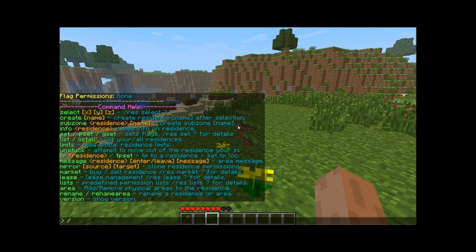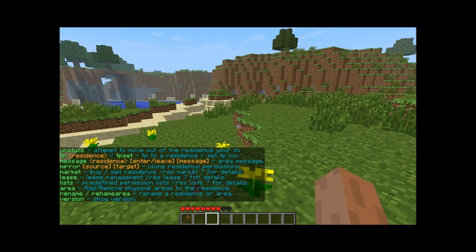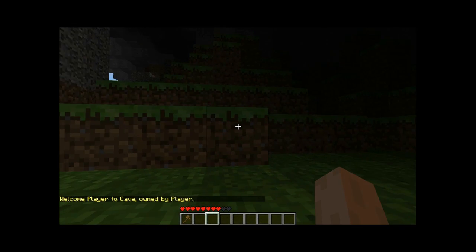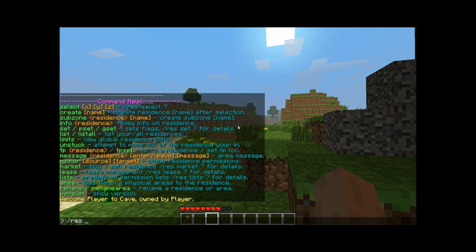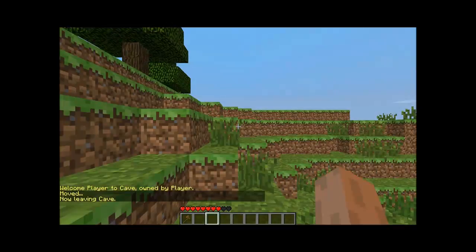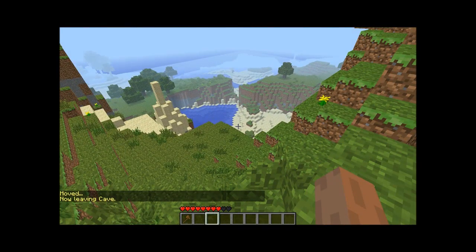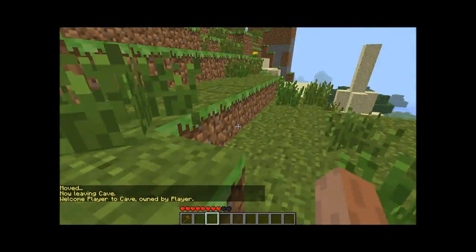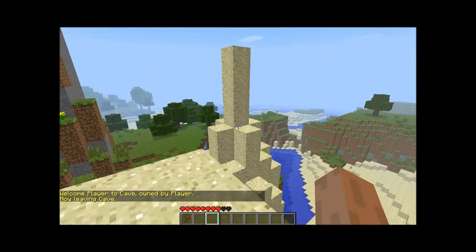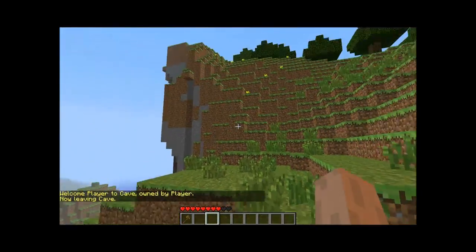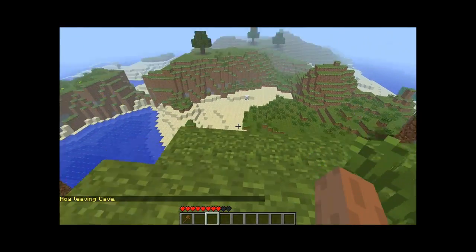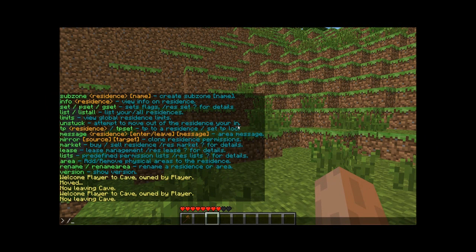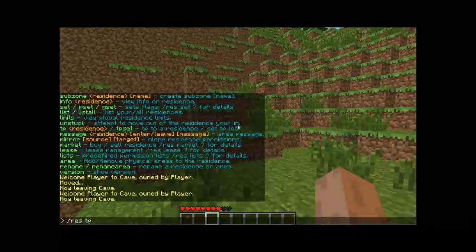We're going to do res unstuck. If I'm in a residence, and it's a very big residence and I want to get out, I can just do res unstuck, and that will teleport me to outside the residence area. So you can see it teleported me outside, and now I move back in, but I am above the cave now. Oh well, I don't want to die. Okay, that's unstuck. We can also TP to a residence by doing res TP and then the name of residence,